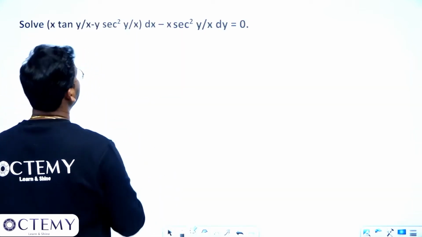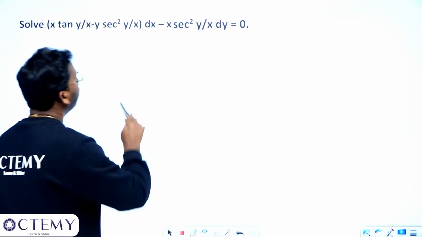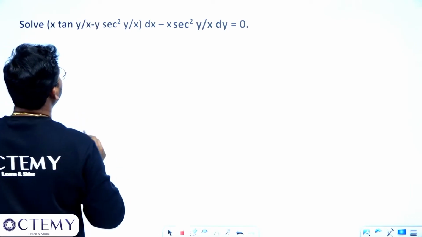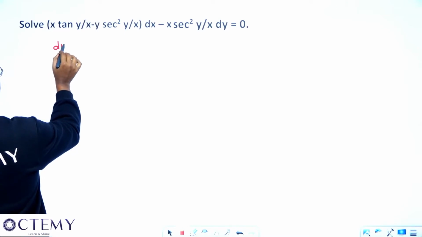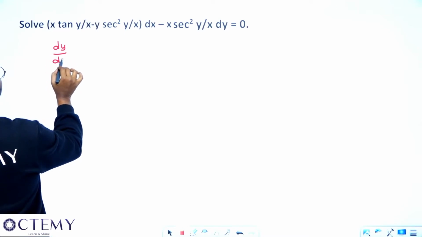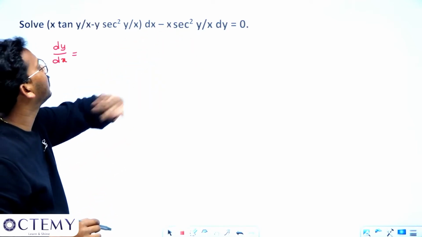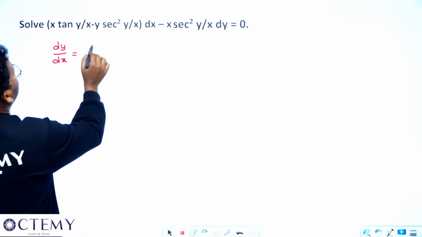In the next question, there should be some printing mistake here because I have done this so many times. We will see. Once we solve this, we will get to another printing mistake. So see sir, here he is giving like this. So can I write dy by dx from here? If I want to write dy by dx, see sir, what will I get? You send this fellow that side, sir. If you send this fellow that side, what will happen? You will get x